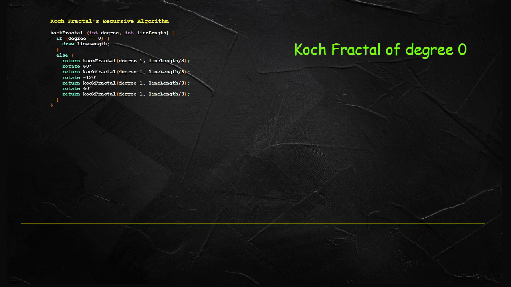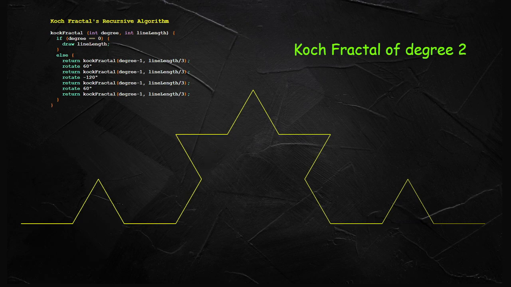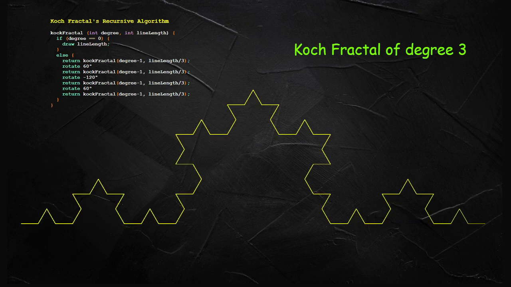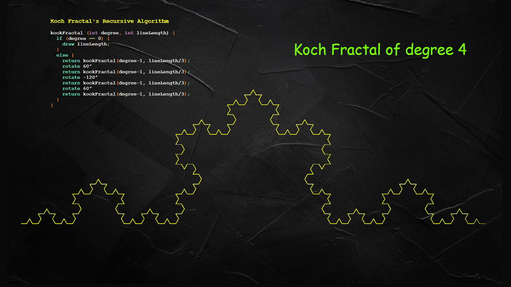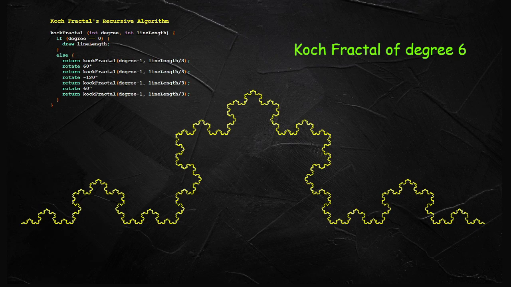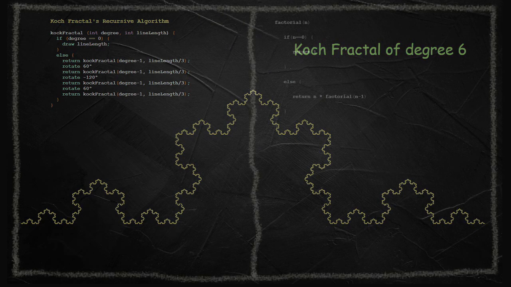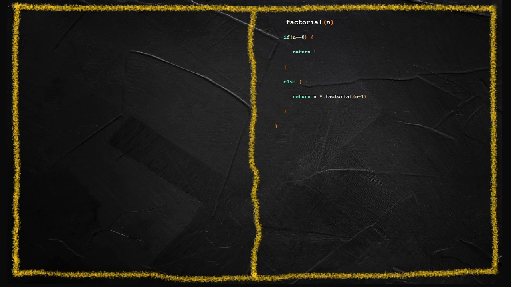It is very interesting to see that problems that have a naturally recursive solution can be simplified so much in programming. There are many other examples of recursion, such as drawing the English ruler, binary search, and drawing the Koch fractals. All of these will be explained in separate videos to keep this one short and focused on factorials. Let's take a look at our recursive factorial function at work one last time.